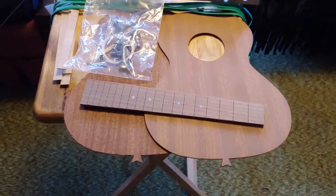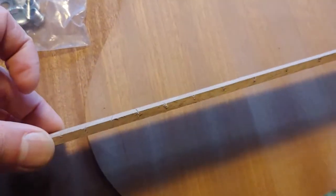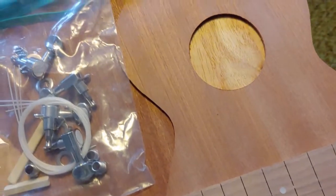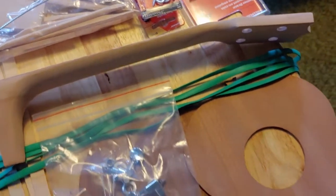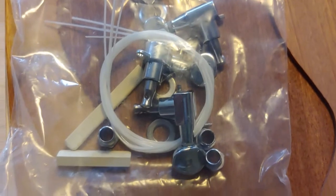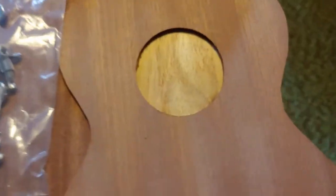Out of the box, this is what the ukulele build kit looks like. You've got your fretboard that you need to put the frets in. You need to cut the frets to size, file them, and here is the neck. The neck is pre-made, but you have to glue the fretboard on. Here's all your tuners, nut, saddle, strings,